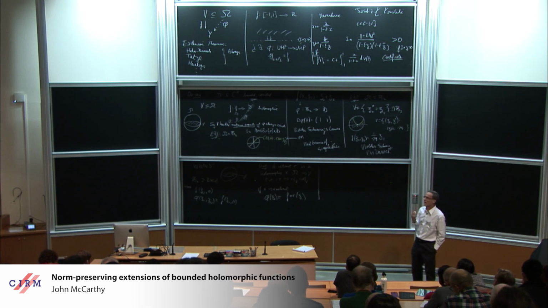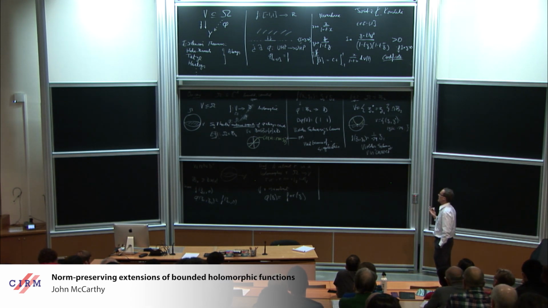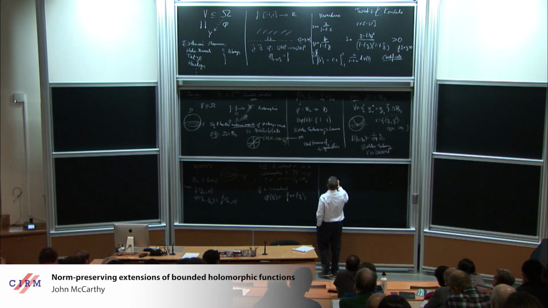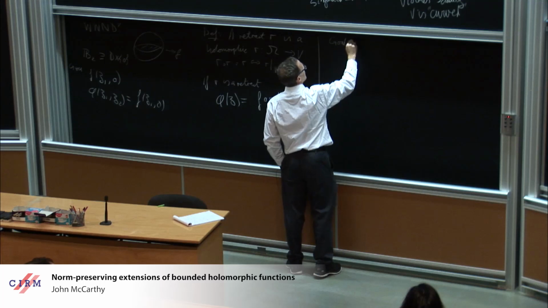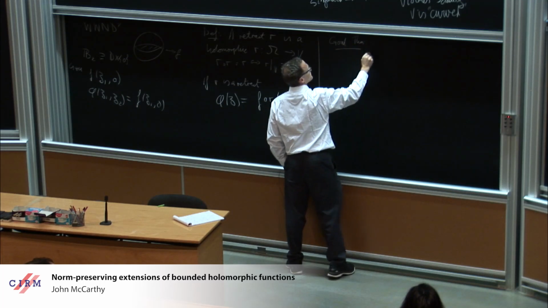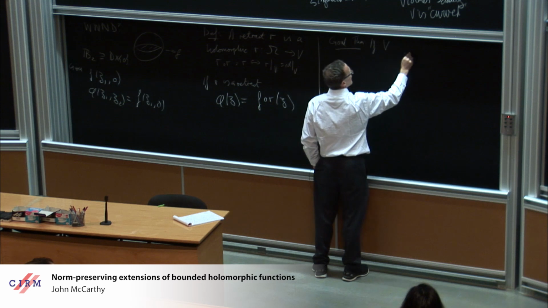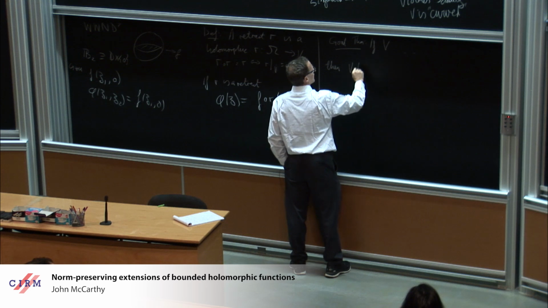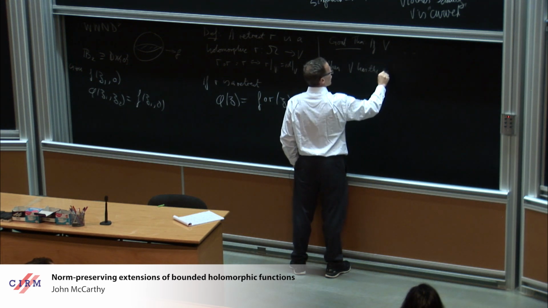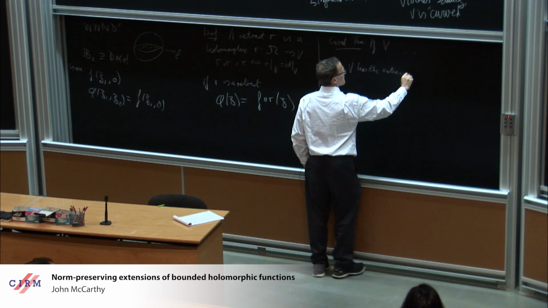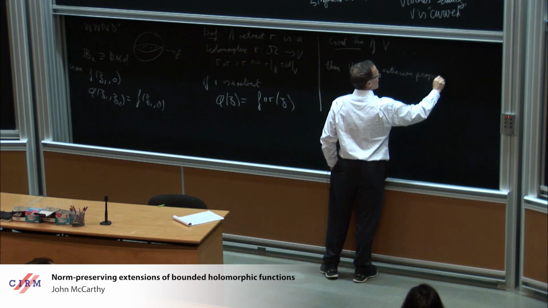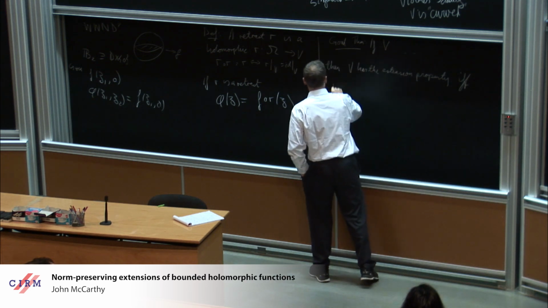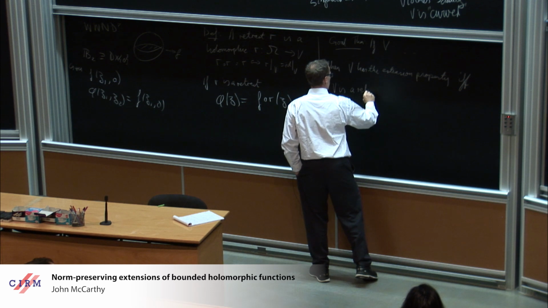So we now may be led to guess that perhaps, since it's hard to get extensions, maybe you need a retract. So here's the goal theorem. If V, and then maybe we have to put some subhypotheses, then V has the extension property if and only if V is a retract.